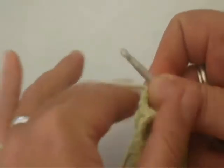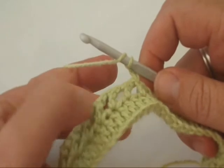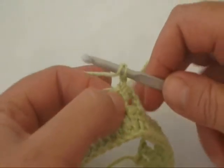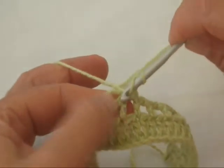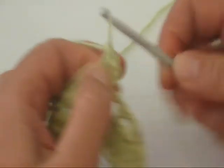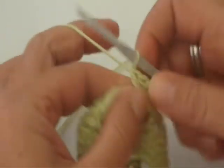and we do 2 chain, and then we do 8 trebles along the top. So how we do this is we do 1 treble into the chain space and our next treble into the top of the treble from the previous row. So that's 1, 2, 3,